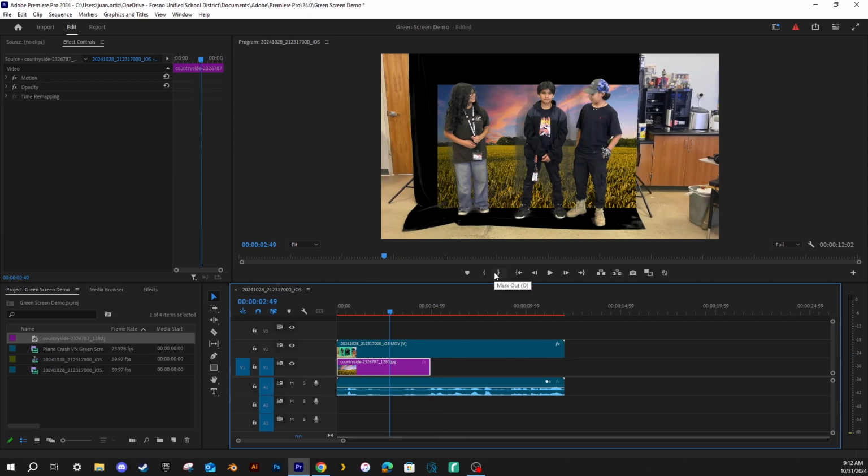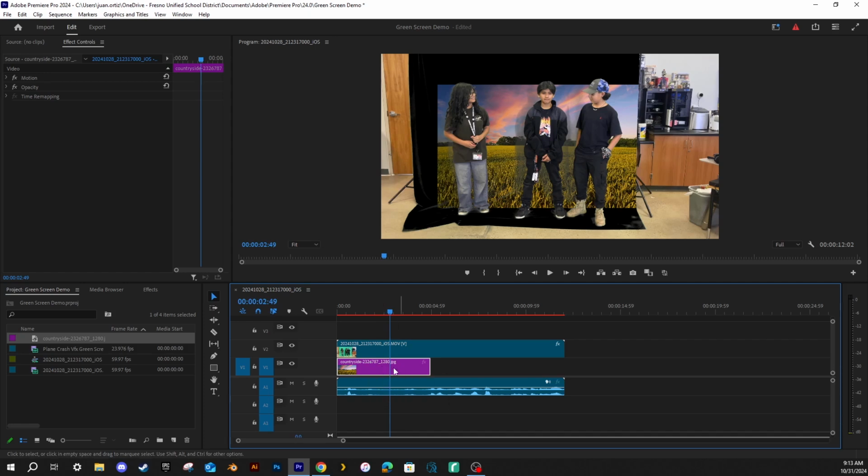So two things wrong here. It is green screen and you do have a background, but there's two things wrong. One, the picture's too small. And two, you have a bunch of area outside of the green screen. But because we have really good software, we can fix that. But the first thing I'm going to do is go ahead and